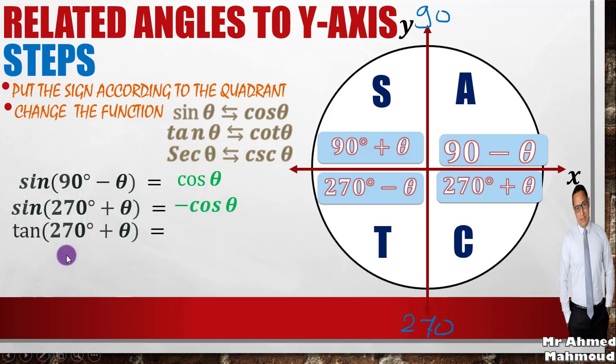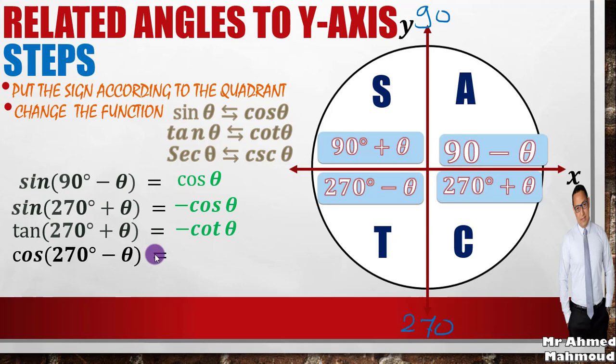Here we have tan 270 plus theta. Okay, here tan change to be cotan, and 270 plus theta, fourth quadrant, tan in the fourth quadrant is negative, so it will be negative cotan theta. Finally,